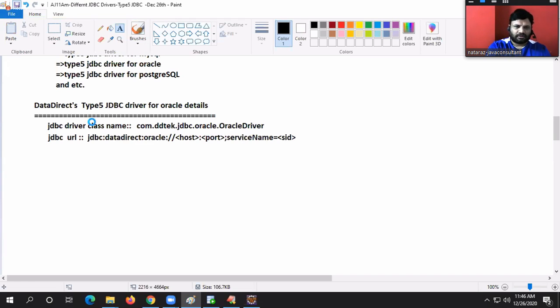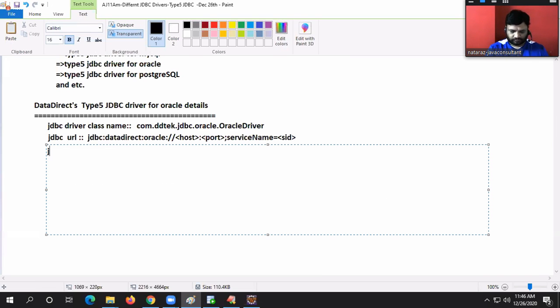Super. Jar file, ojdbc.jar. A big process is involved to get this jar file. What you have to do: first, you have to download the zip file.